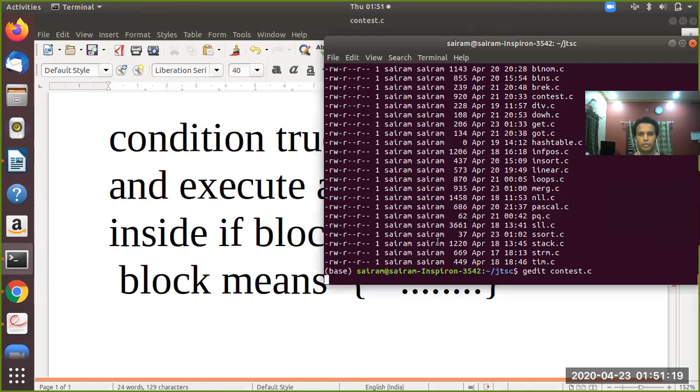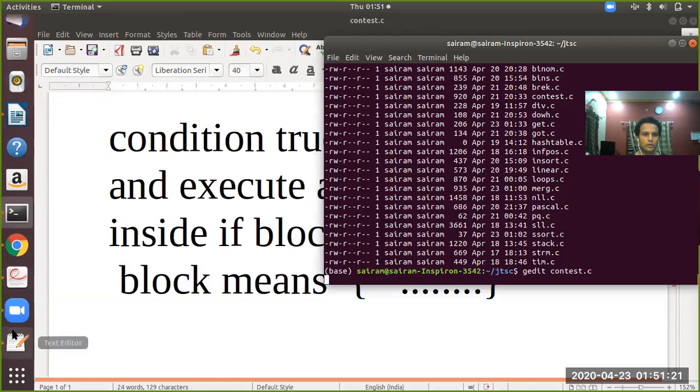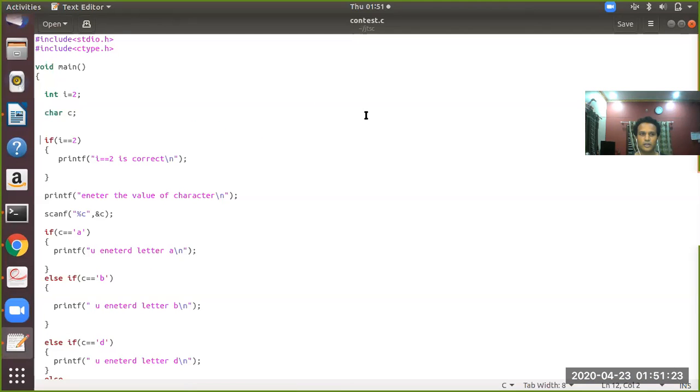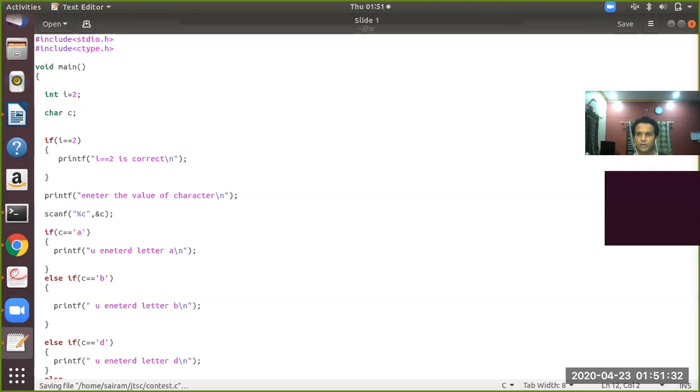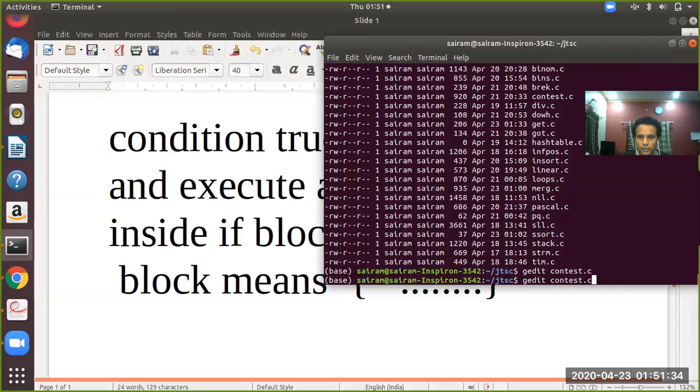Now let us see the output of this code. So to see the output, close this file. What it is saying, you see, I is equal to 2. If I is equal to 2, it has to print the statement I is equal to 2 is correct. Save this and come out.